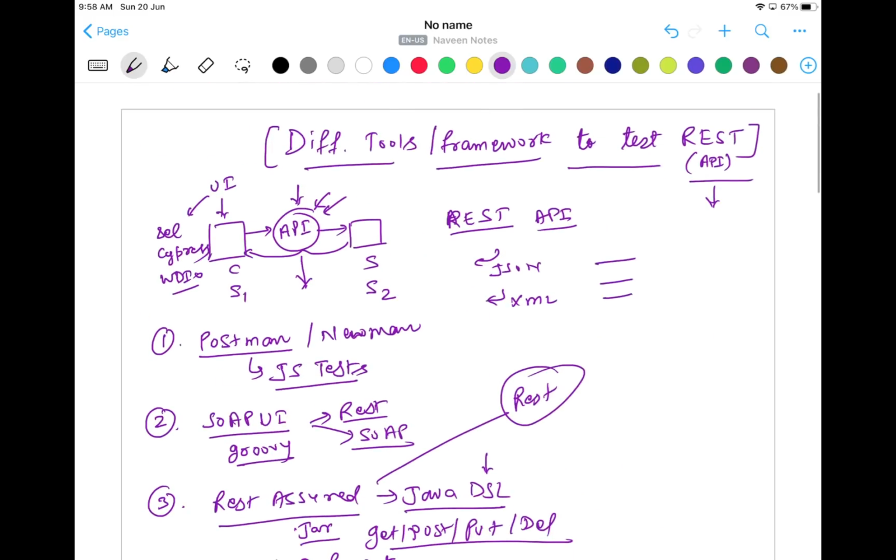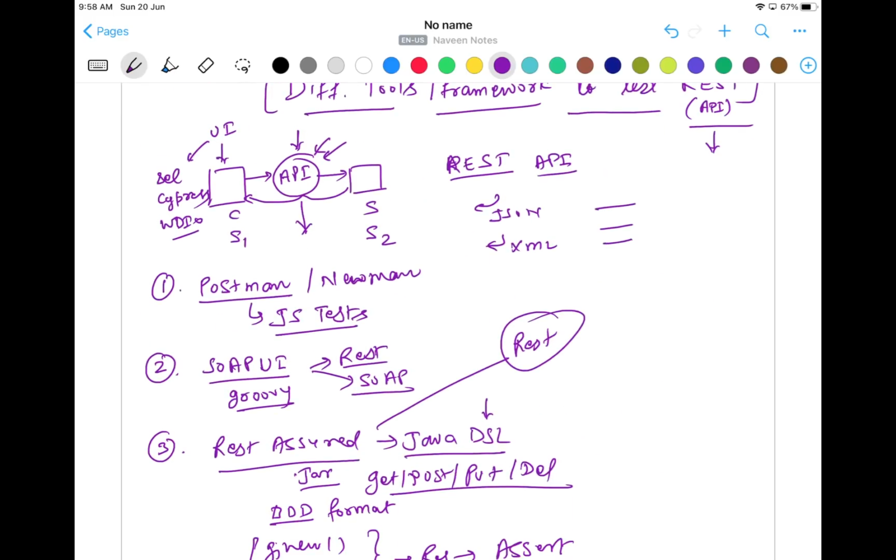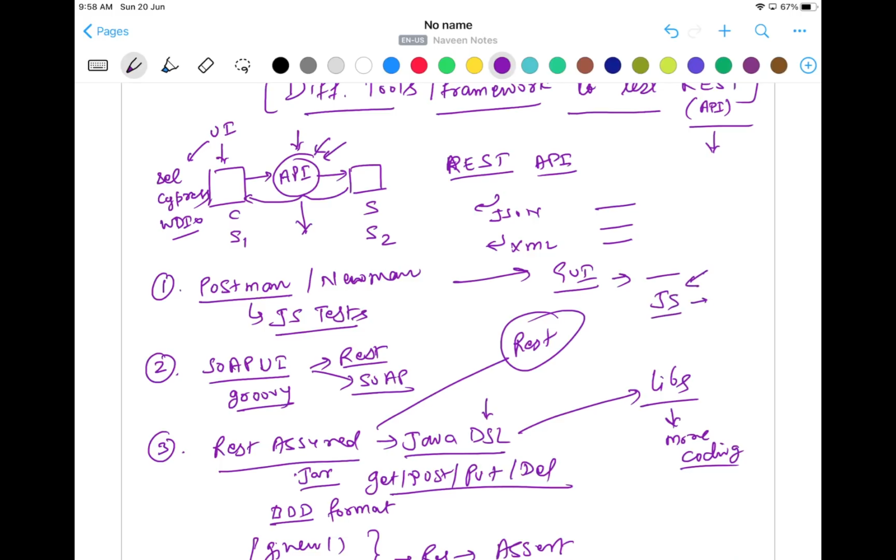So please don't be confused between REST and REST Assured. What do you mean by, shall I go with REST Assured or Postman? See, both are competitive products. Postman is available in the form of a GUI interface, with the proper look and feel. REST Assured is very powerful. It's available only in the form of libraries. So here we need better coding skills, but in Postman you just need to hit the APIs and get the response and write some JavaScript code also, and integrate with your CI/CD pipeline. All such features you can do.